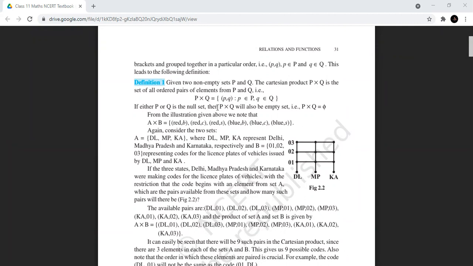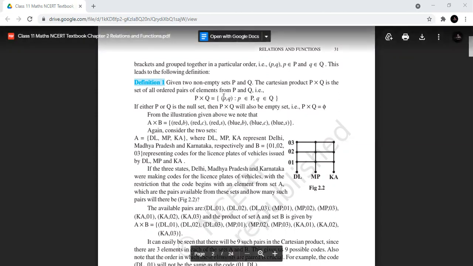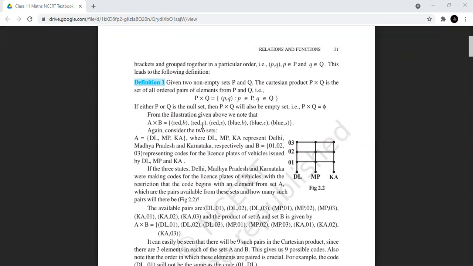Like (p, q), where the first entry of the ordered pair, that is p, will be from the first set P, and the second entry, small q as they have shown here, will be from the other set Q. So that is the Cartesian product of two sets, another set of ordered pairs, right? Now, if P and Q are null sets, then obviously P cross Q has to be an empty set again, because one of the sets will have no entry. So how will we form this Cartesian product, right?